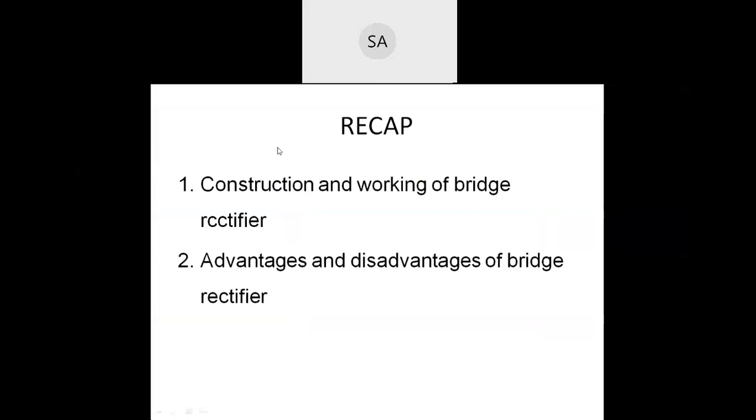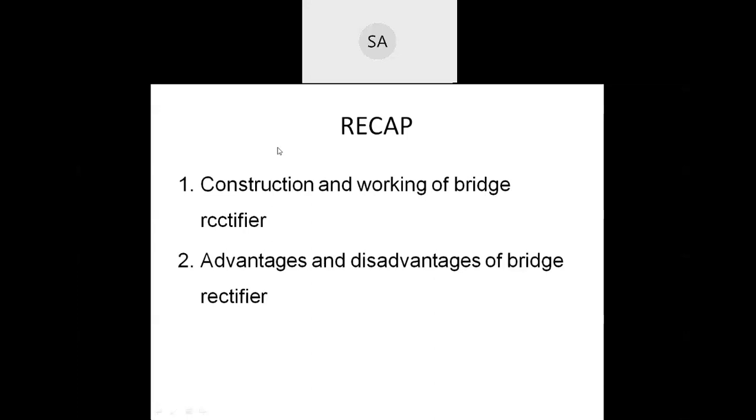During the positive half cycle, diodes D1 and D3 conduct, and during the negative half cycle, diodes D2 and D4 conduct. So the current flows through the load resistance during both the positive and negative half cycles, and the sum of the currents flowing through the resistor RL is the pulsating DC voltage. The advantage of the bridge rectifier is that it doesn't require a center tapped transformer as the full wave rectifier does, whereas the disadvantage is that it requires four diodes.